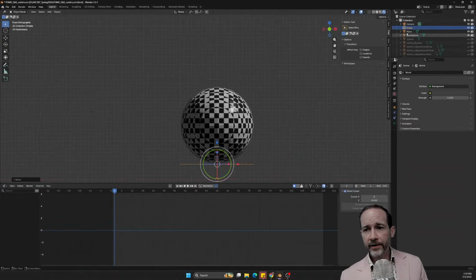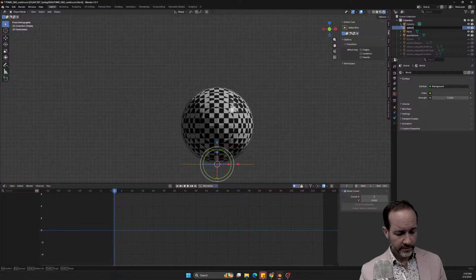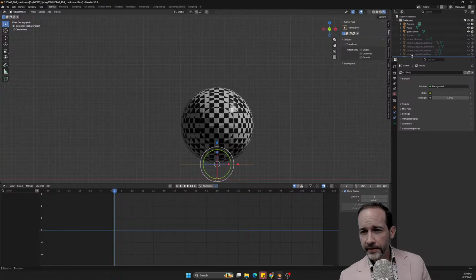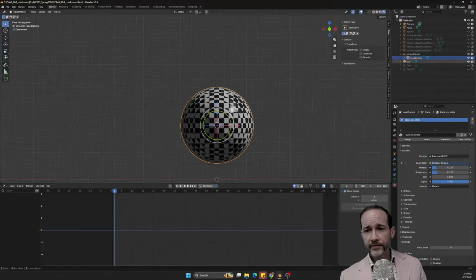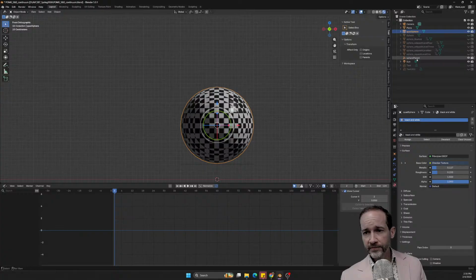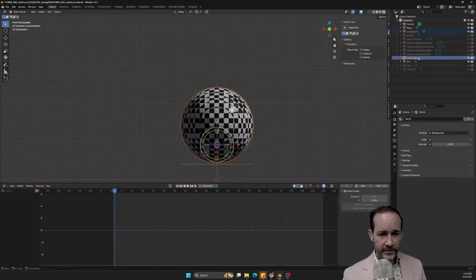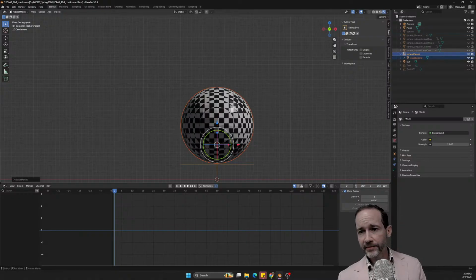And so now I'm going to call this parent, or let's call it sphere parent. There we go. And I'm going to take the quad sphere and make it a child of this. I like to do this in Blender by clicking, holding down Shift, and dragging on top of the parent and letting go. In order to do that, you can also select the child, Shift select the parent, and hit Control P, and parent to object. I just like doing the shift drag better.